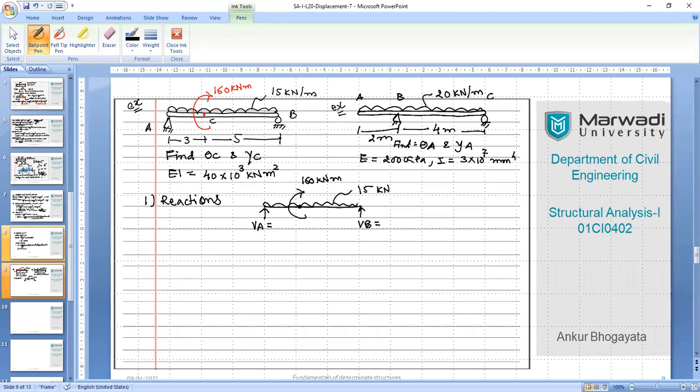I will wait for another 1.5 or 2 minutes maximum, and then you may raise your hand to give me the answers. I'll keep the box open over here so that I can spot who is raising the hand. It's just a typical step that you need to follow in calculation of the reactions. Don't focus on this example. Right now we are targeting this example with the moment.